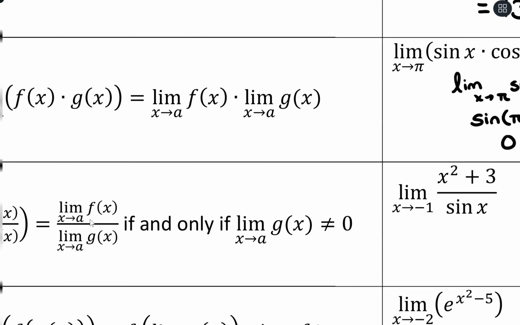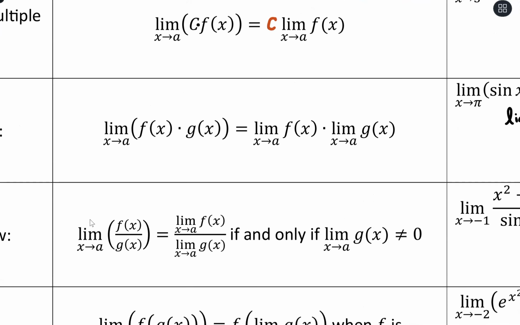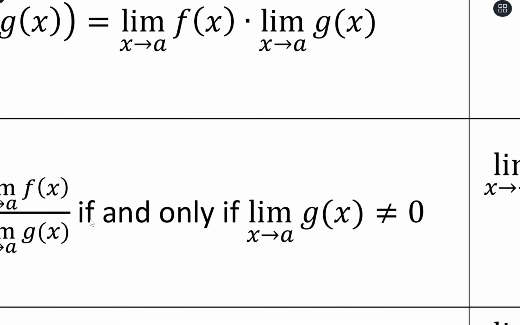All right, if we have a rational function, so a quotient where two functions are dividing each other, we could separate the limit into the numerator and denominator. We can only do this if the limit as x approaches a of that denominator function does not equal 0. So we'll look at cases in the next videos of if this happens, things we can do to adjust. But just be wary of, we don't want to plug in if it ends up with a 0 in the